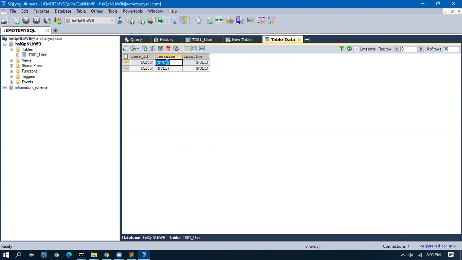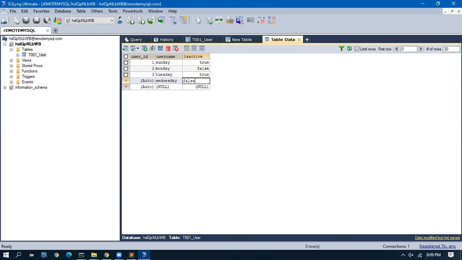Now if I go and query the user table, I don't have a record. Let me go ahead and create. I'll go Sunday, and it is true. Automatically, if you see, the user ID is generated. Monday is not active. Tuesday is a user who is active.